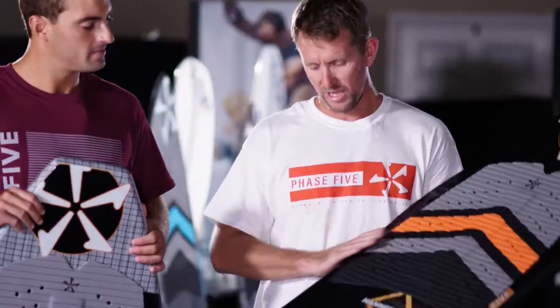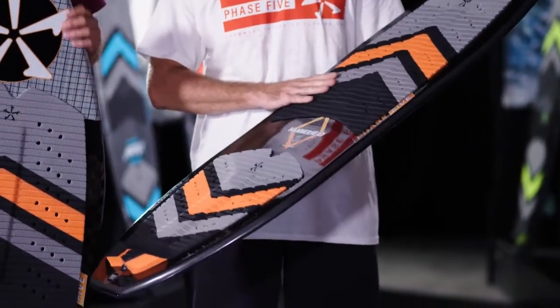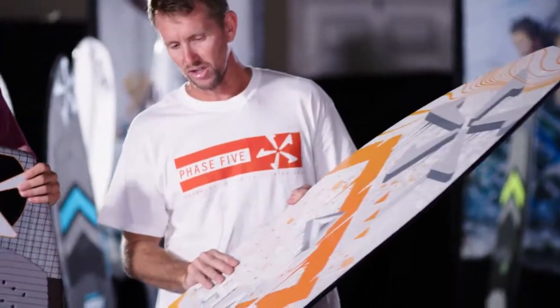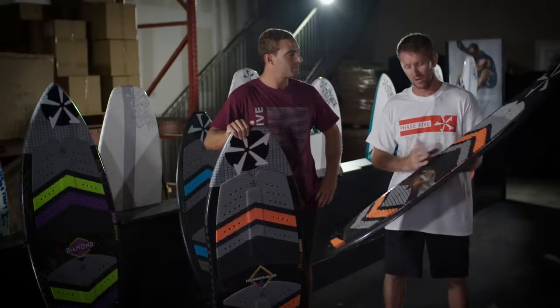And Bob actually had this idea of like a peanut shape, and he cut one out and he brought it out to me, and I looked at it, and it's very eye-catching. It's really something new and different to look at. And I told Bob, as long as it can ride good, I think it's a home run,